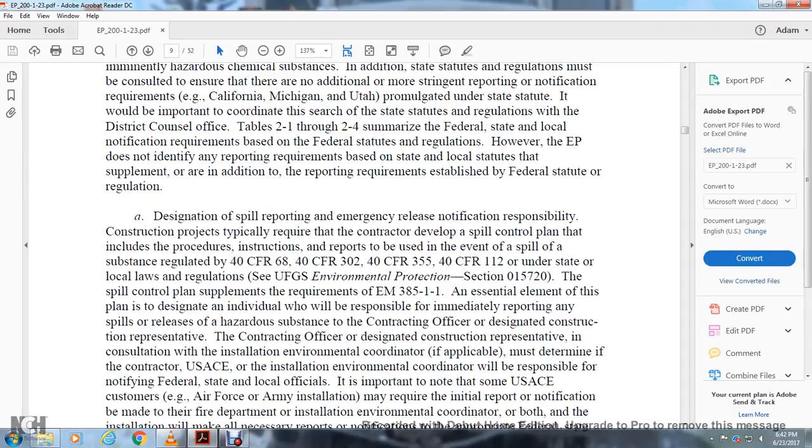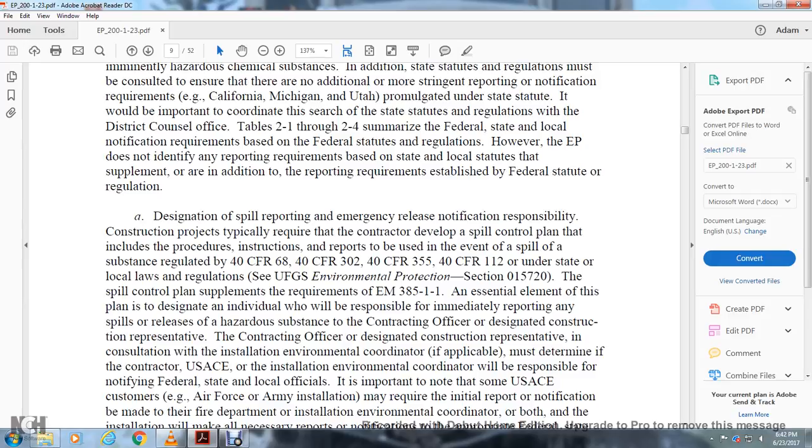Designation of all the support for spill reporting and emergency release notification is typically required of the contractor, who develops the spill control plan, which includes the procedures, instructions, and reporting for the event of a spill of substances regulated in Title 40 CFR 368, 40 CFR 302, 40 CFR 355, and 40 CFR 112, under state statutes and local laws and regulations. The UFGS Environmental Protection Section 015720, the spill control supplement required by EM 385-1-1,